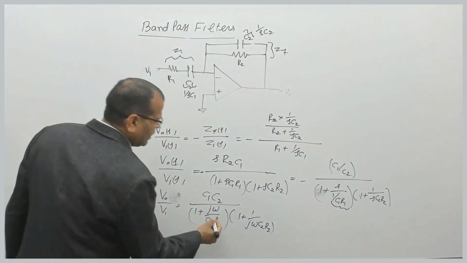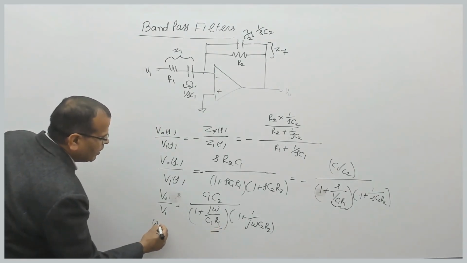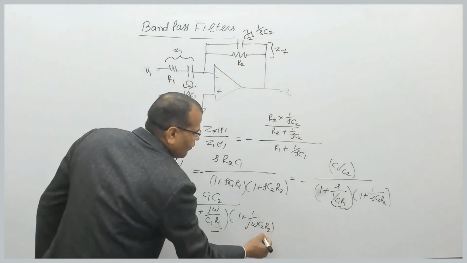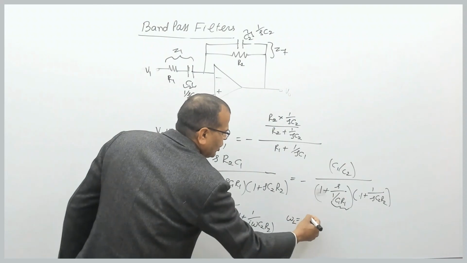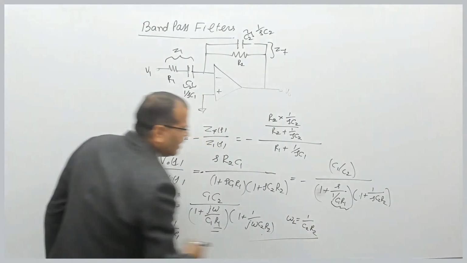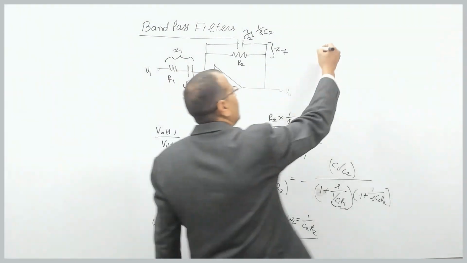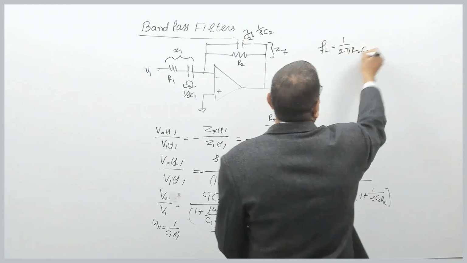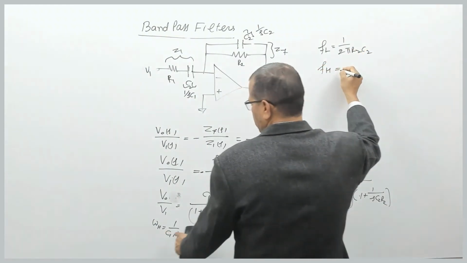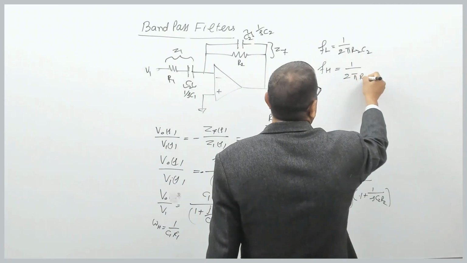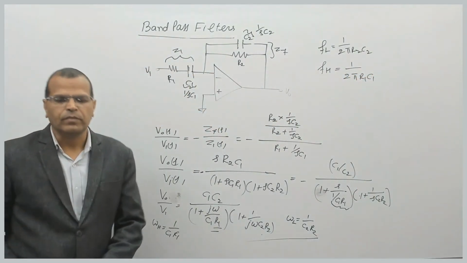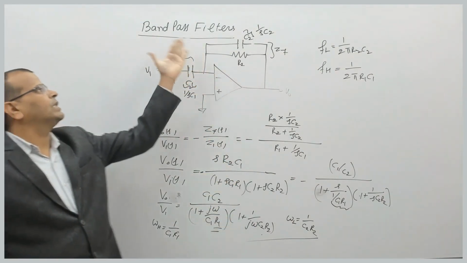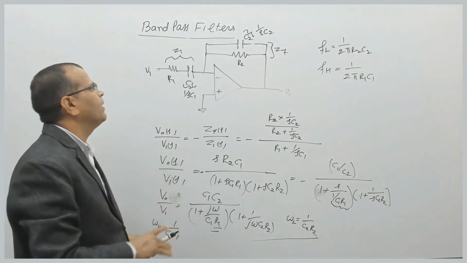So by replacing this, what does it give? This gives me the cutoff frequency of low pass stage, omega 1 by C1R1, and this gives the cutoff frequency for high pass stage, that is 1 by C2R2, and that analysis further remains similar to what we have. So FL, the lower cutoff frequency for high pass stage, will be 1 by 2 pi R2C2, and upper cutoff frequency for low pass stage will be 1 by 2 pi R1C1. The remaining analysis remains similar to what we discussed in case of non-inverting mode, right? That finishes your wide band pass filter.